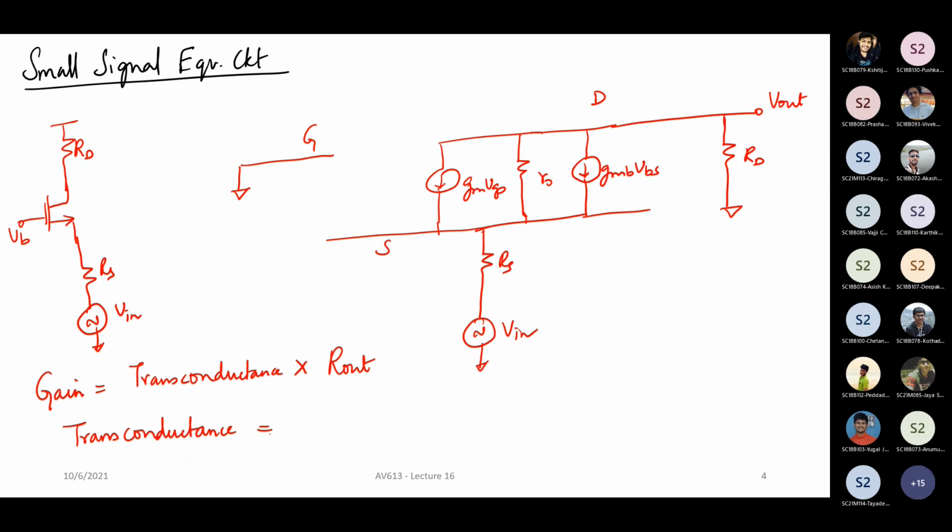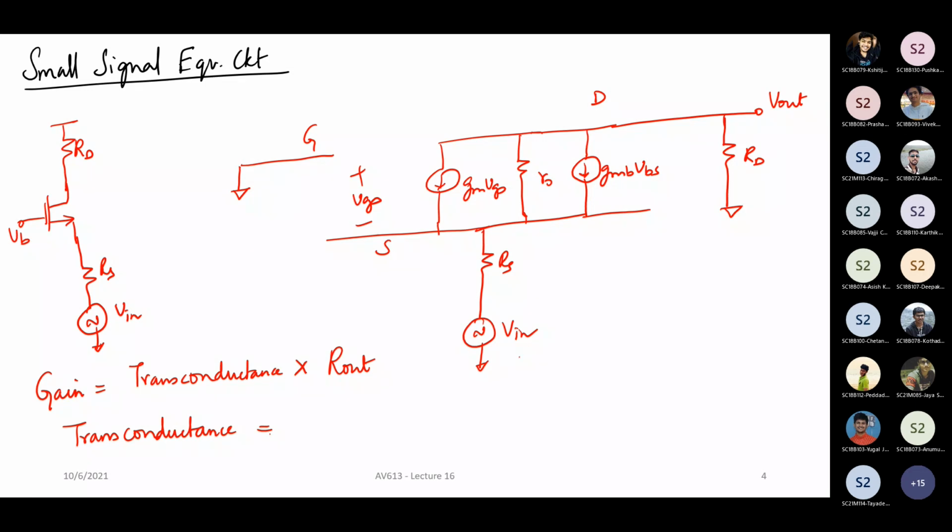Your answer is right, but you tell me why. Sir, ultimately, with this, we are only changing just the VGS. Exactly, right? So ultimately what we are doing is we are only changing VGS. In the common source amplifier, the source was at a constant potential and we were changing the gate voltage. Here it's just the opposite. Gate is at a constant potential and we are changing the source. So your VGS is basically in this direction, which ends up being the negative of this one.